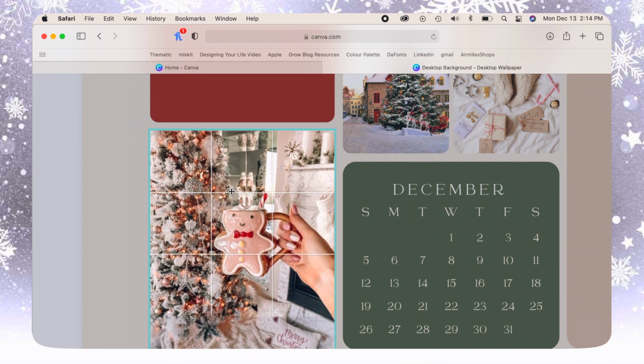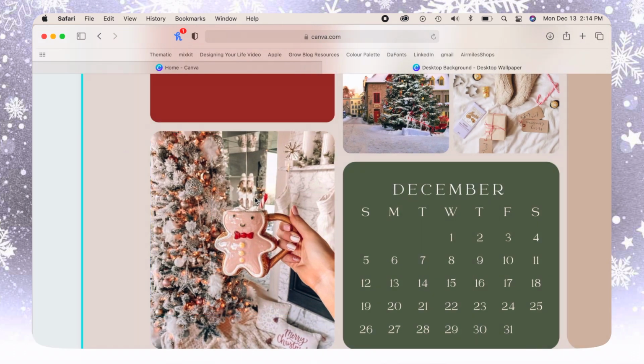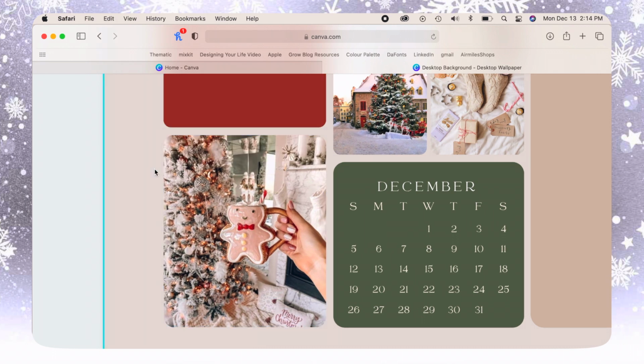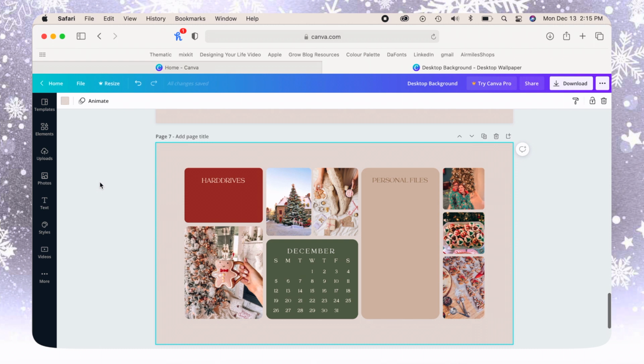So I was just looking at the Merry Christmas down at the bottom, and then I just click outside of it, and there we go. So we got a longer image instead of just one that is not matching within the boxes. So that's basically what I did, and now all I have to do is download the images and put them on my desktop.